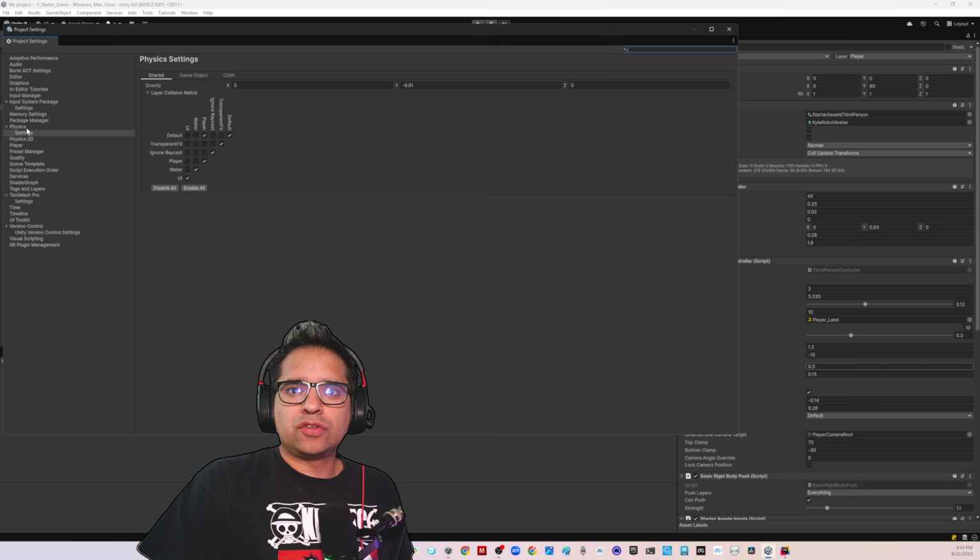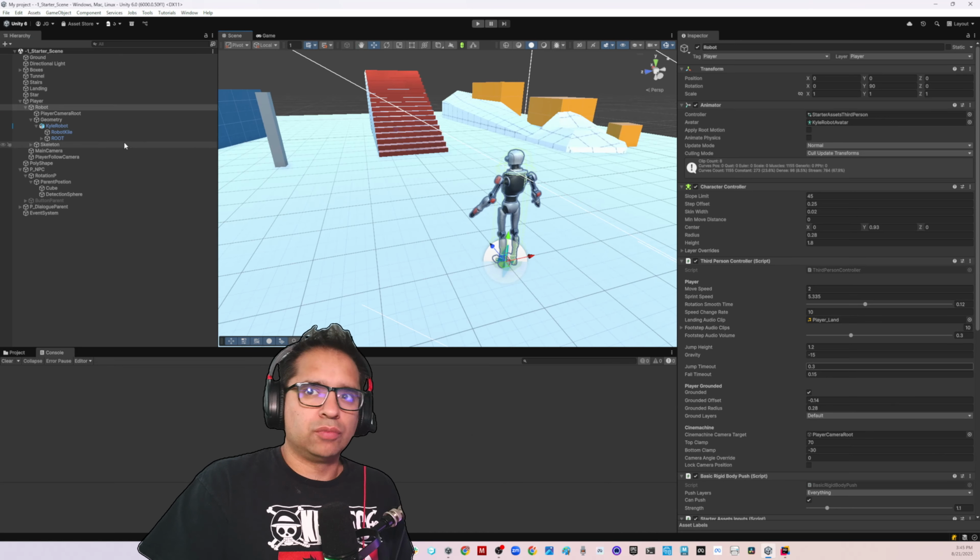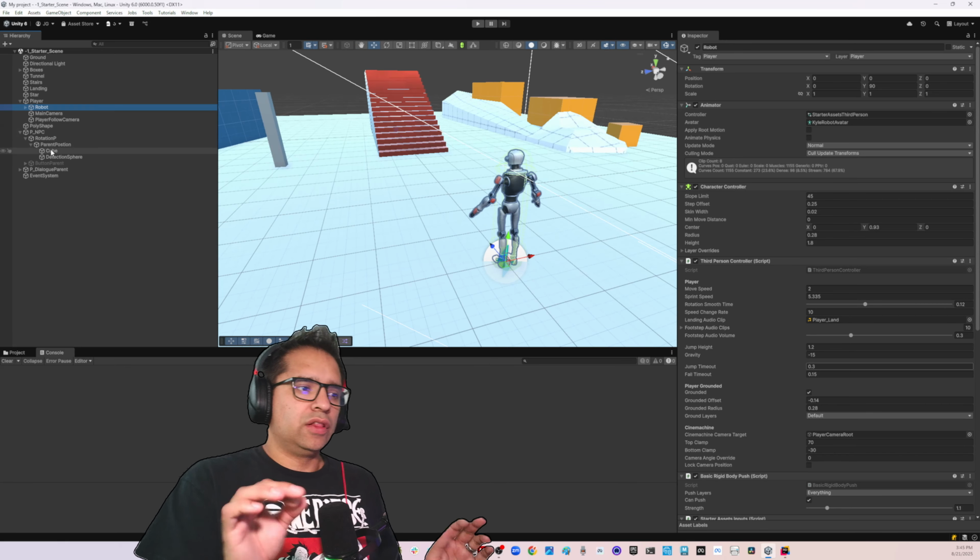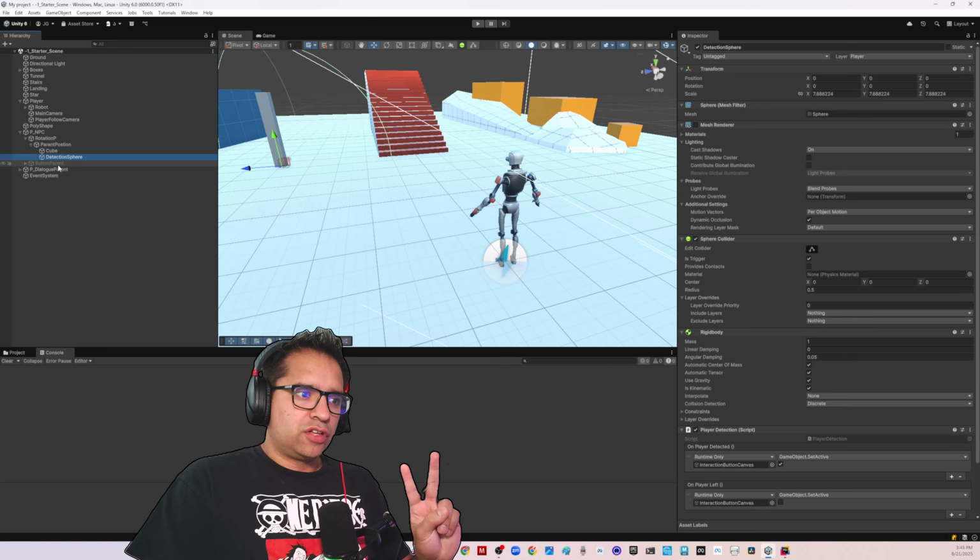Let me show you again just in case. Physics, settings, and we have default and player. So that fixes the falling through. The character controller works on both layers. Next, okay, so we have the layers. The layers are important. The second tip is with